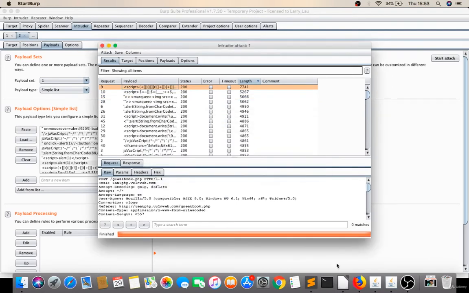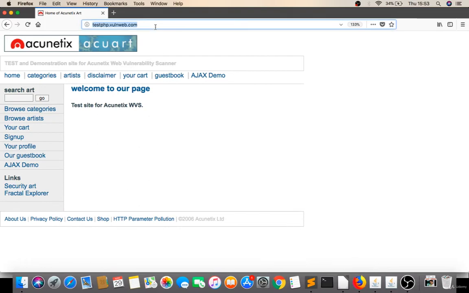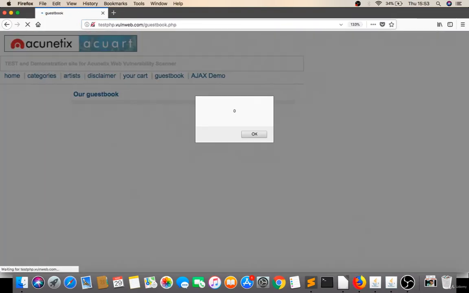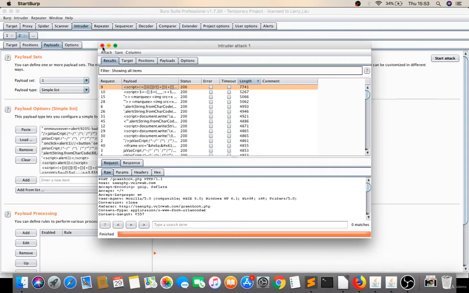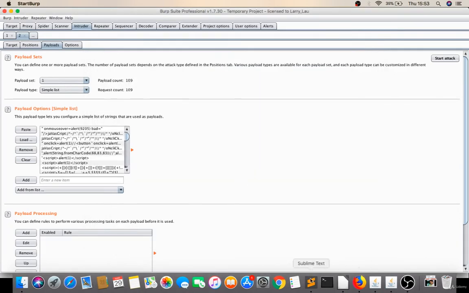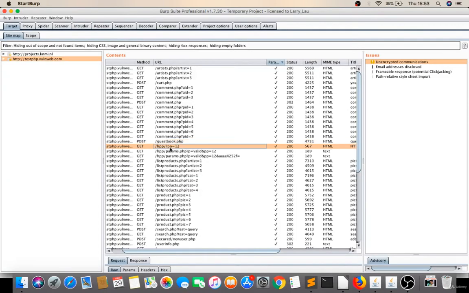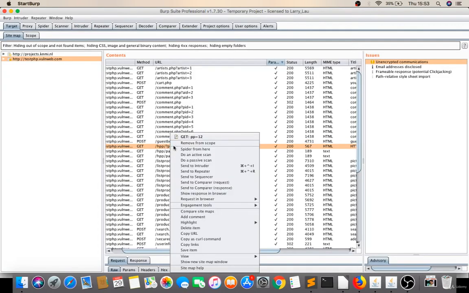I'll copy this. So see, it's vulnerable. Likewise, if you find one, you just have to try the top 10 highest length payloads. Okay, that's it. Likewise, you have to try all the others. Let's try this one, pp equal to 12, because I haven't tried this.